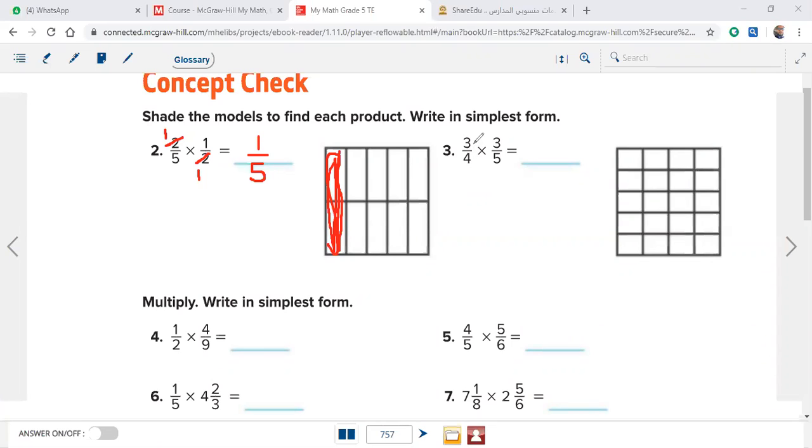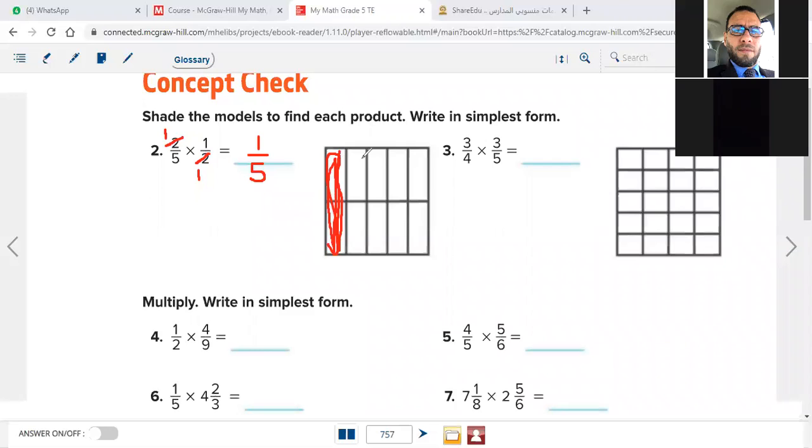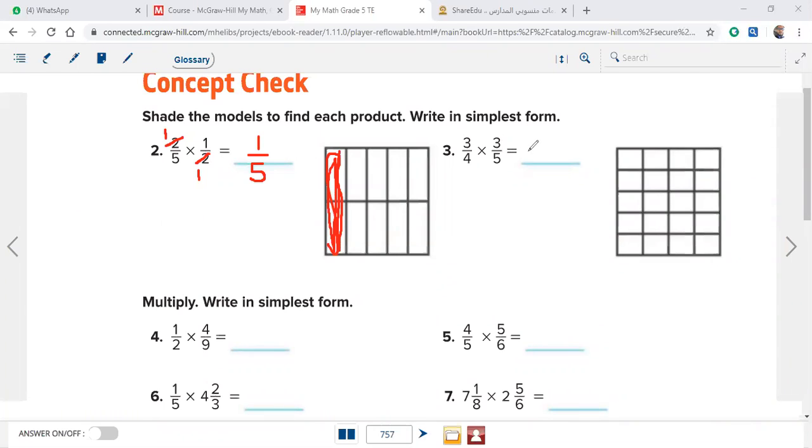Oh, I heard someone said I can cancel 3 with 3. No, same like number 2. In number 2 I cancel 2 with 2. No, because 3 and 3, both of them are in denominator, in the same place. If 3 up in numerator and another 3 down in denominator, I can cancel it or simplify it like number 2. Okay, be careful about this. Good. So I have to multiply